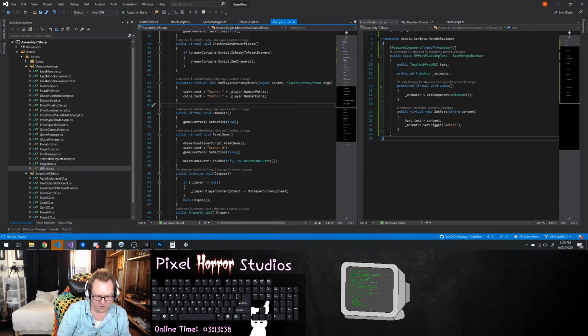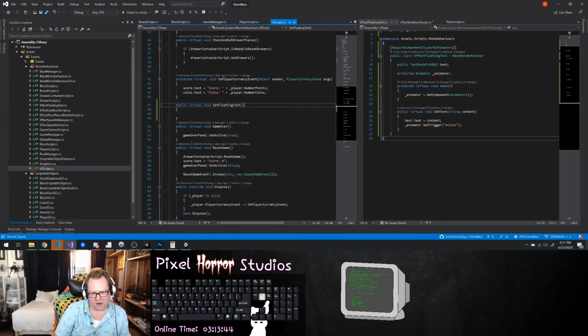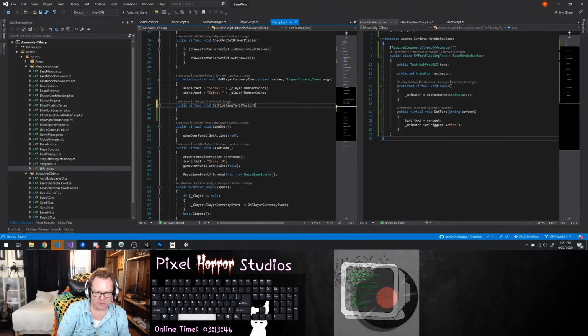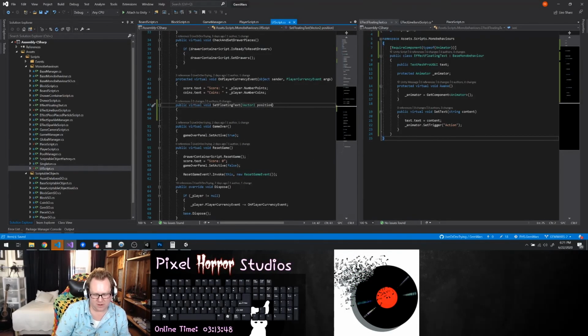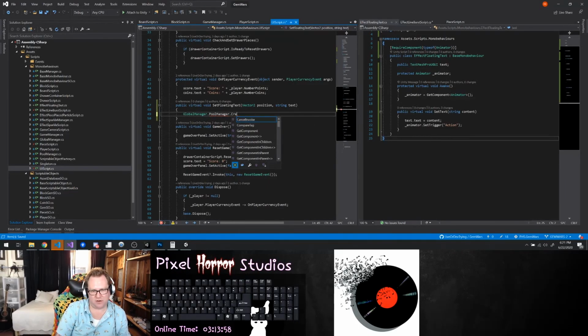So I want to add a new public virtual void set floating text. And I want to do this at a vector2, which is a position, and also a string for the text. And all I want to do is a global manager.pool manager.create